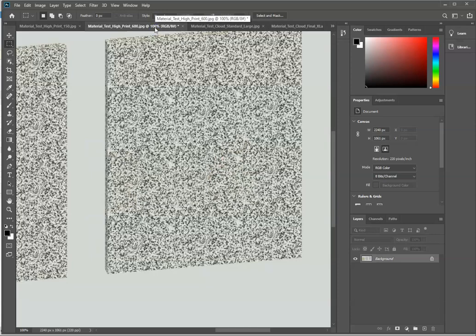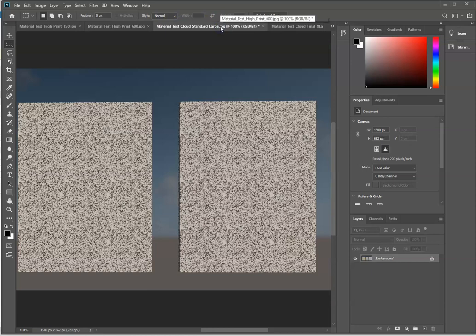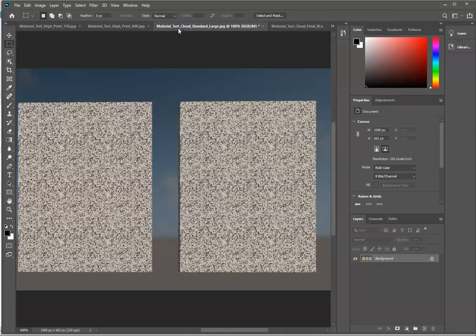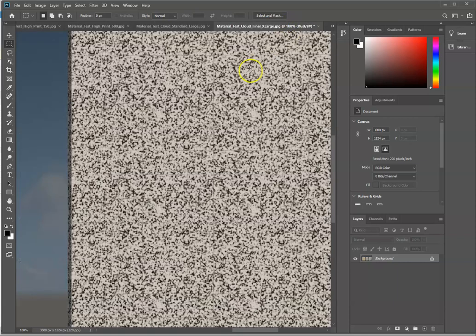Okay, so all of these are at 220 print quality. They're all at 100% of their size. And we could easily see the difference between them. All right, this being the best. Okay, so that is